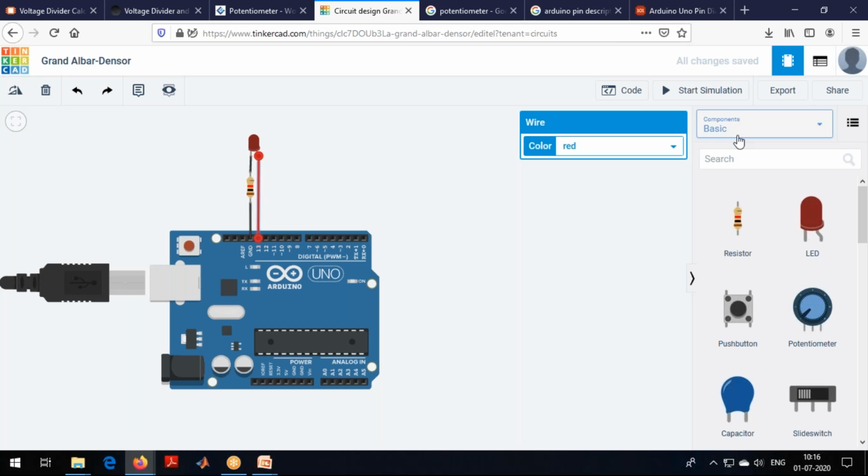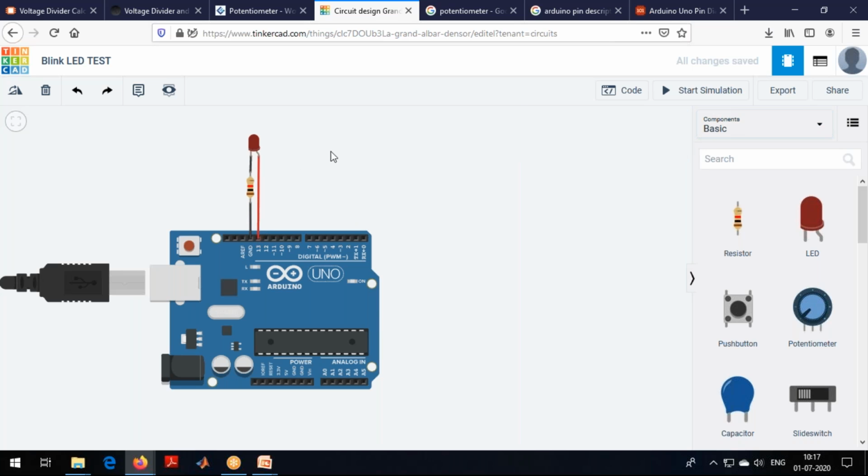I have connected. The advantage of this particular Tinkercad is I don't have to write any code. I just have to move some blocks, and the code will be written automatically. I am changing the name for this to blink LED. Circuit connections are clear. I hope they're clear for you.